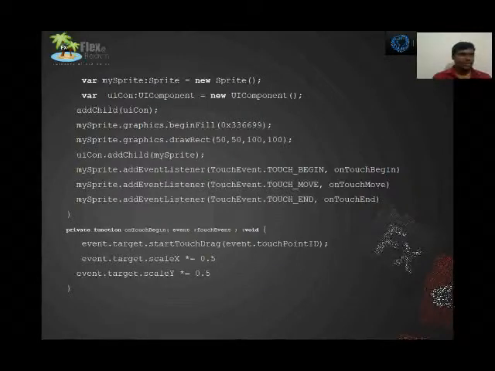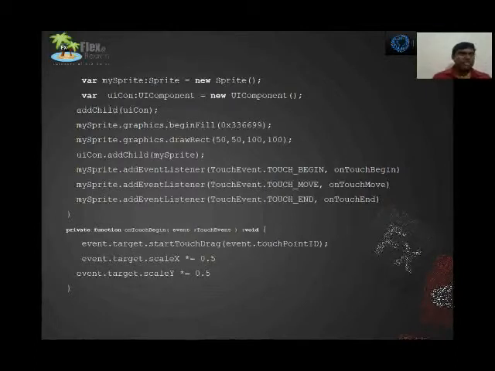For that sprite I need to add the listener. Here I'm just going to do move begin and drag drop, so I'm just using the touch event. There is no gesture event. If we use the gesture event, we can use enlarge, swipe, zoom, etc. I have created the event listeners for this sprite like begin, move and end.